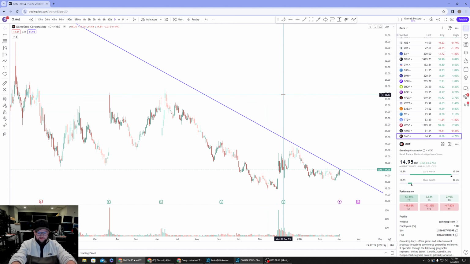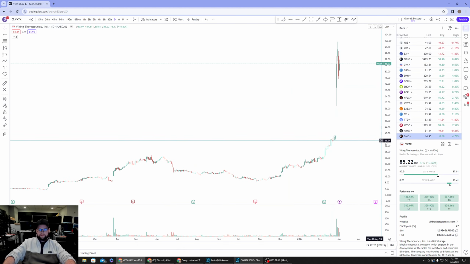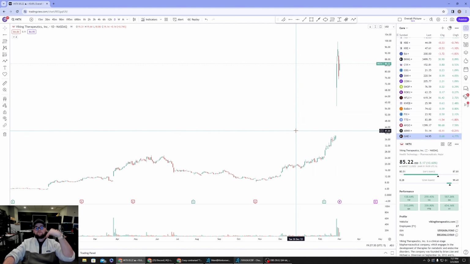And you're seeing other small cap names like this one breaking out as well. Like Viking Therapeutics, right? Some of the other small cap names have been breaking out over the last few weeks. So it's kind of like a domino effect. If you have the Russell 2000 breaking out as well as GameStop, it can kind of create a full sector rotation